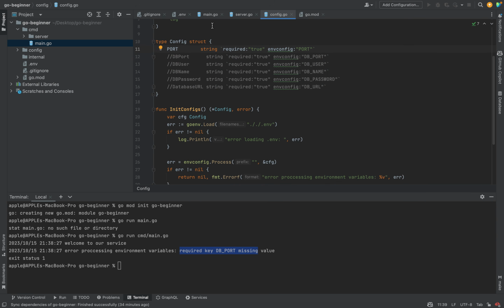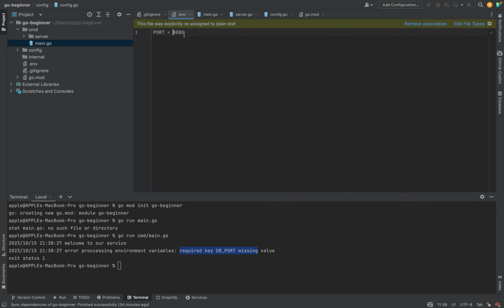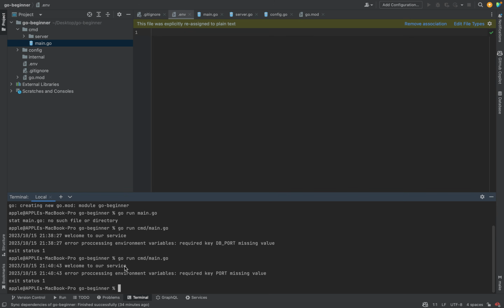So let's just try something. Let's make it true and take it out from here. So if you run it, it's going to give you the same error. See, it says port missing. That's because its value is supposed to be, it's supposed to be for is true. But if we put the port back here and we run that,